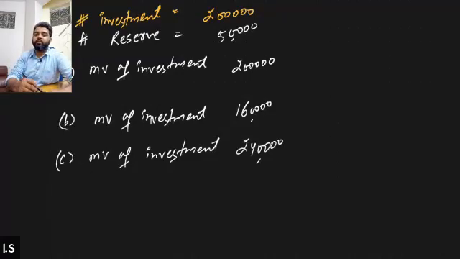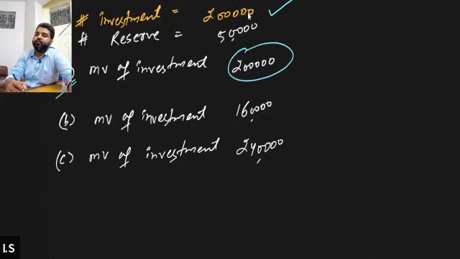Tell me everyone, is this clear? These are the possible situations. That means the value of the investment is 2 lakh, but the current market price could be equal to the amount of investment that we have made. The market value may be less than the value of the investment, or it could be more than the value of investment, right? These are the possible cases. So let's discuss this point first, case number A.